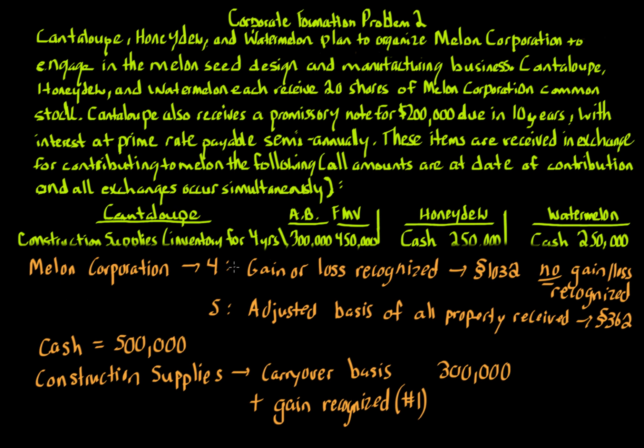Now, if you have multiple pieces of property, it would have to be the property that created the gain. So here, there's only one piece of property, so it's only this. But if you have other pieces of property, like if you had cash and construction supplies, you would only be adding it to the construction supplies, obviously, because that's what created the gain. It's that property, okay? Because that property has the inherent gain, $150,000 in it, that basically created the realized gain situation. So that means the construction supplies take a basis of